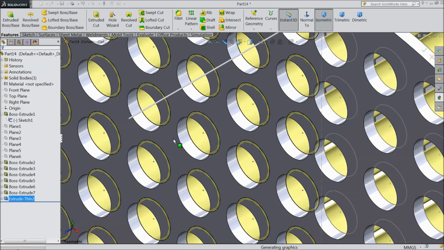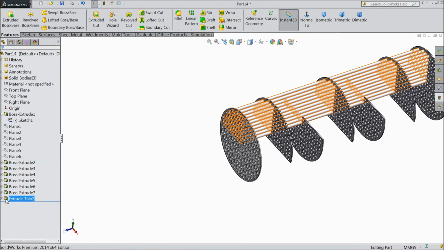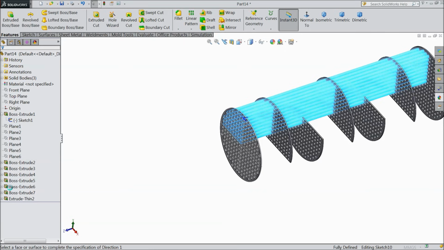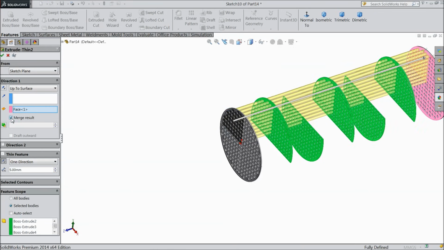Be patient because this is a big calculation, so it will take a few seconds to come back to normal, because sometimes it will hang since the calculation is high level. Just do one thing, edit feature and select here unmerged result, so it is easy to mirror.